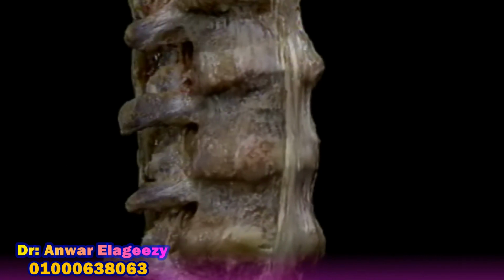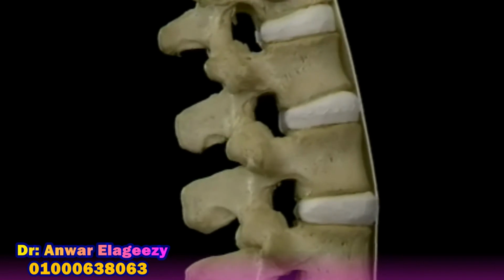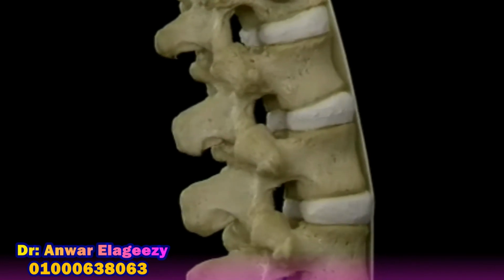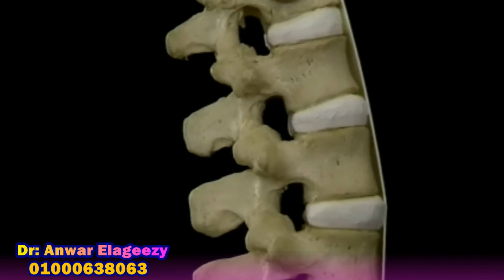The anterior longitudinal ligament is thick and strong. It's attached to the upper and lower edges of each vertebral body. It limits extension of the spine. In extension, the tightness of the anterior longitudinal ligament helps to prevent backward and forward movement of the vertebral bodies